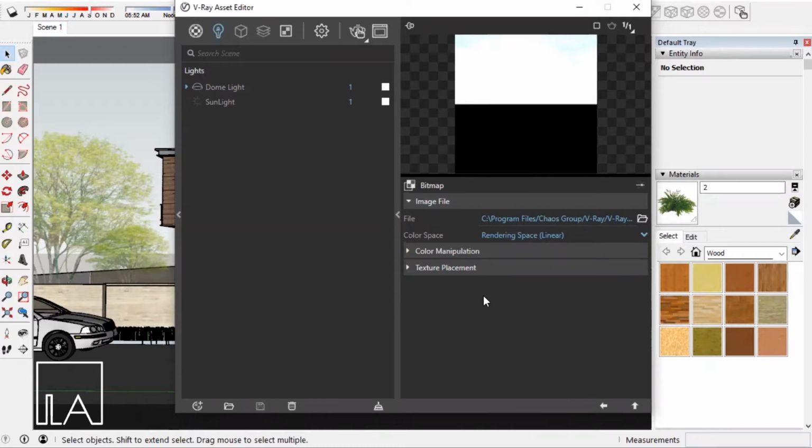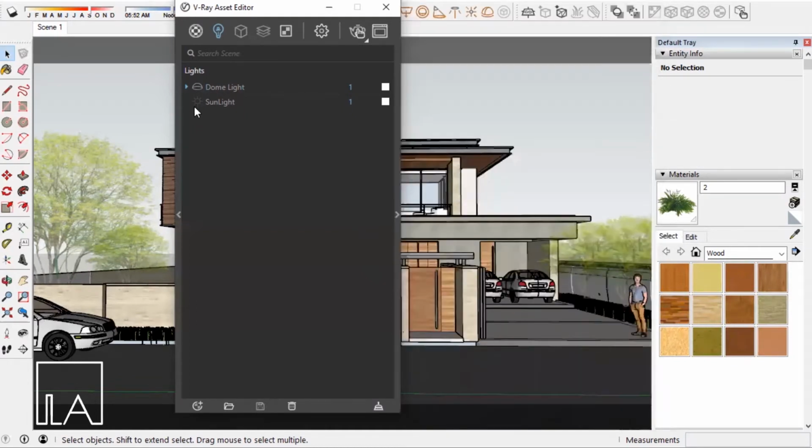So one thing which we have to know about the dome light texture image is that your dome light works only with the HDRI images. So that is why we will have to download a HDRI image and then add it to our dome light. Before we go and edit the texture image which is applied for our dome light, we'll now take a test render by turning off our sunlight option over here. So I'll just click on render interactive.